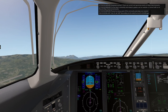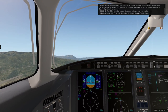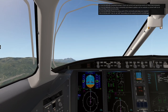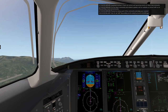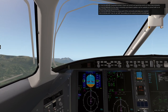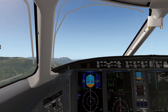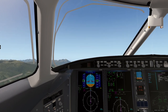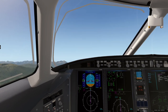Now this airplane, there's only one quirk I figured out this morning. Apparently when I hit the autopilot it doesn't adjust the pitch trim very much, or at all, I'm not sure. I just know I had a couple of weird issues, so I'm gonna wait until I get the airplane accelerated up, about 230 knots or so, before I kick that autopilot on, just so it's kind of in trim. I don't know if that was just a little weird sim thing this morning, or if it really has that issue or not, but...